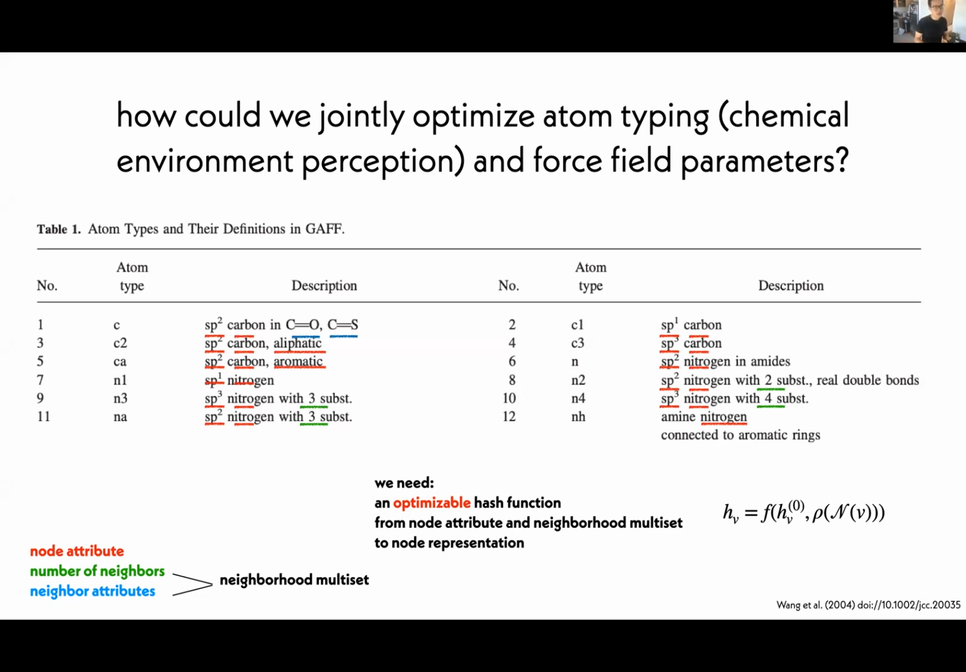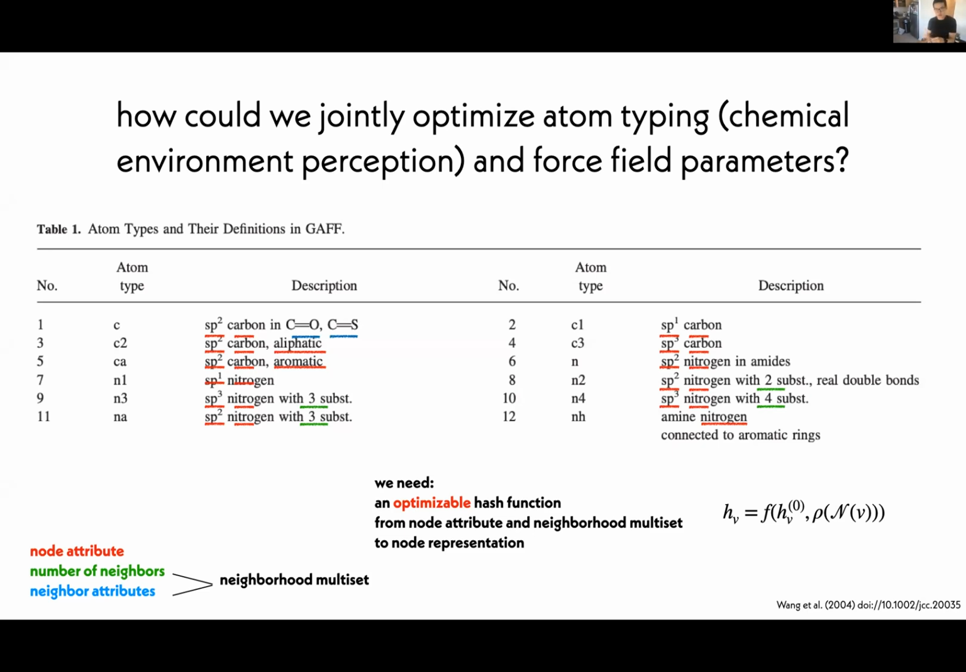We would basically use a lookup table. So we'll say something like, if you are an sp2 carbon and you're connected to either oxygen or sulfur with a double bond, then we shall call you atom type number 1, or atom type C. Right. If you look at this table, and by the way, this is the table from GAFF2, you will realize